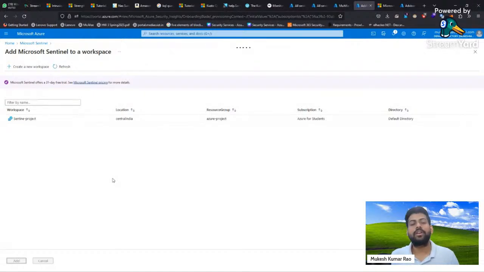Otherwise, in the next class, I will showcase with the help of one tool called Wazuh how we can integrate on the Azure platform and do real-time monitoring and detect attacks, and then see how we integrate with the Azure virtual machine to protect them in real time. That hands-on configuration I will showcase with the one open source tool. So you have the option to go with some premium Azure service to complete this project, or else we can go with one open source tool. There also you can learn. It is similar, only the vendors are different. That is the main difference. So we will go with that approach.